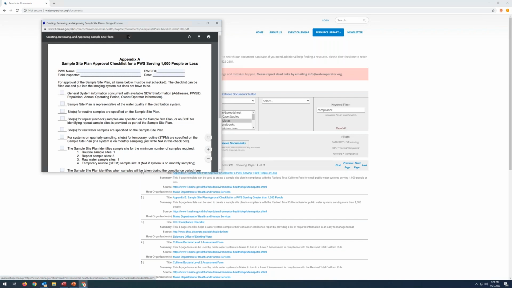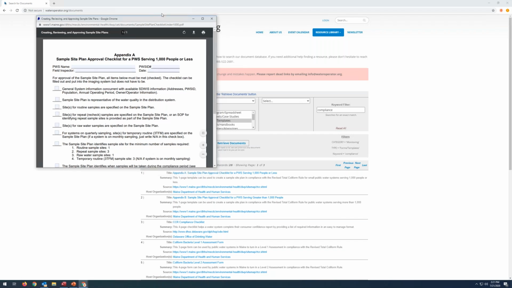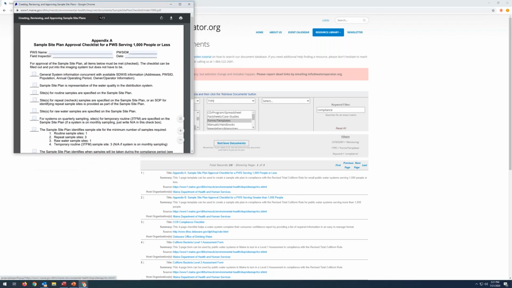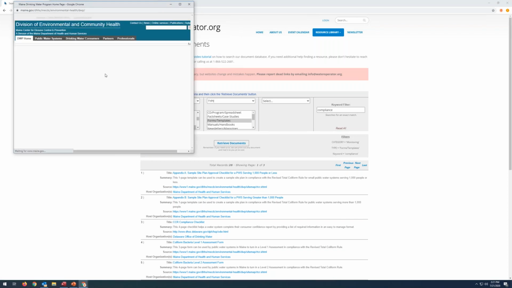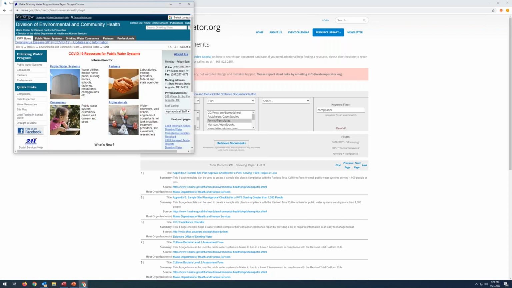So if you look at the URL, this is from maine.gov, and if you go back to the search results on waterauthor.org, you'll see the source link, which is a link to the URL where the document is located, the source page, as well as the host organization's name, which if you click on it will take you to the host organization's main page.